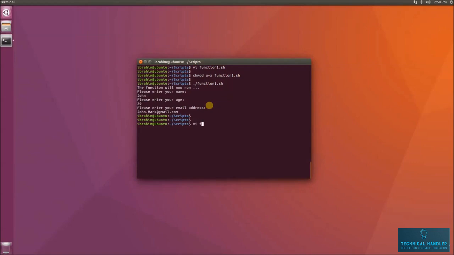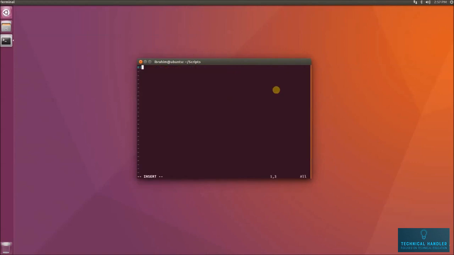The second example is using a function that you can pass an argument to. I'm going to put in my shebang line again, and now I'm going to define a function. I'm going to call it sqr, and that function will simply take in a number and echo out the square of that number. So in order to accomplish that, I'm going to simply write echo $, and open and close double parentheses because we're going to be dealing with an arithmetic operation. And I'm going to simply write $1